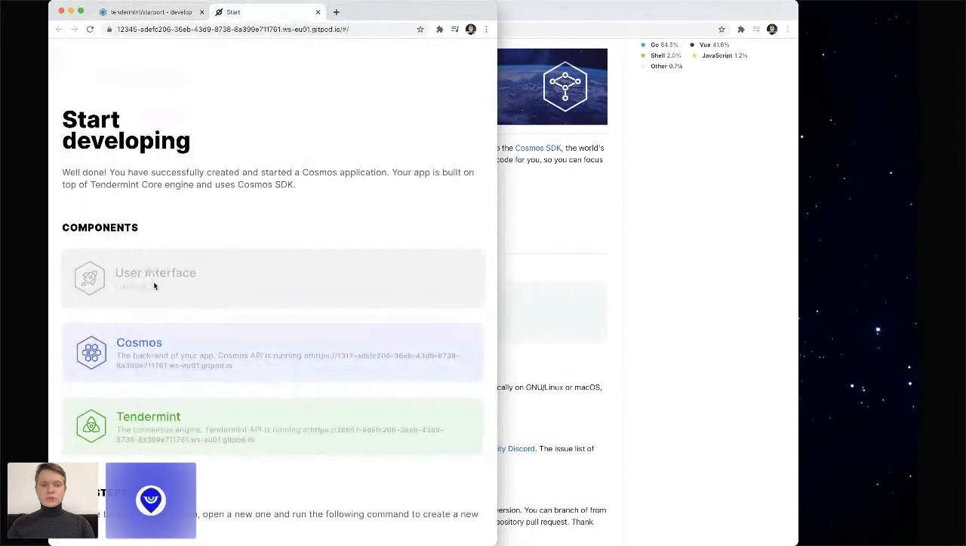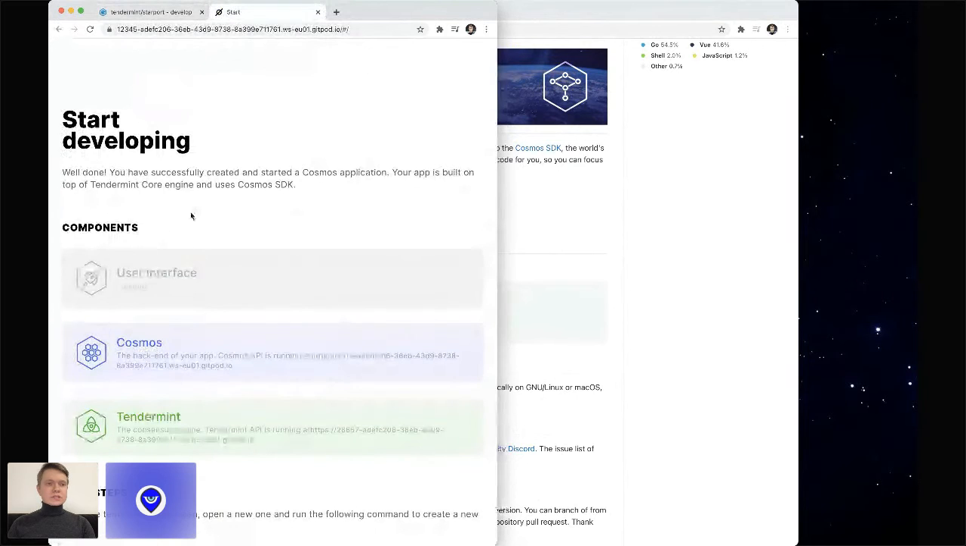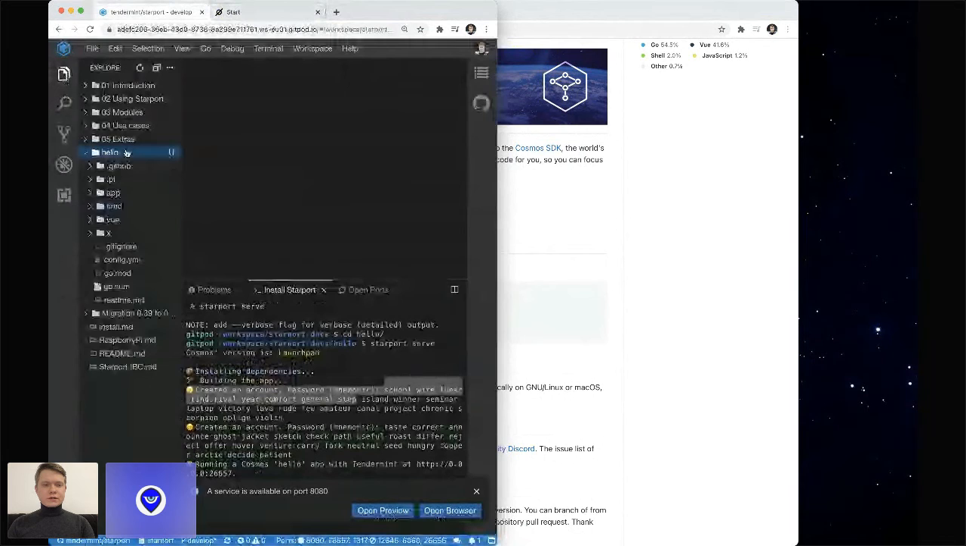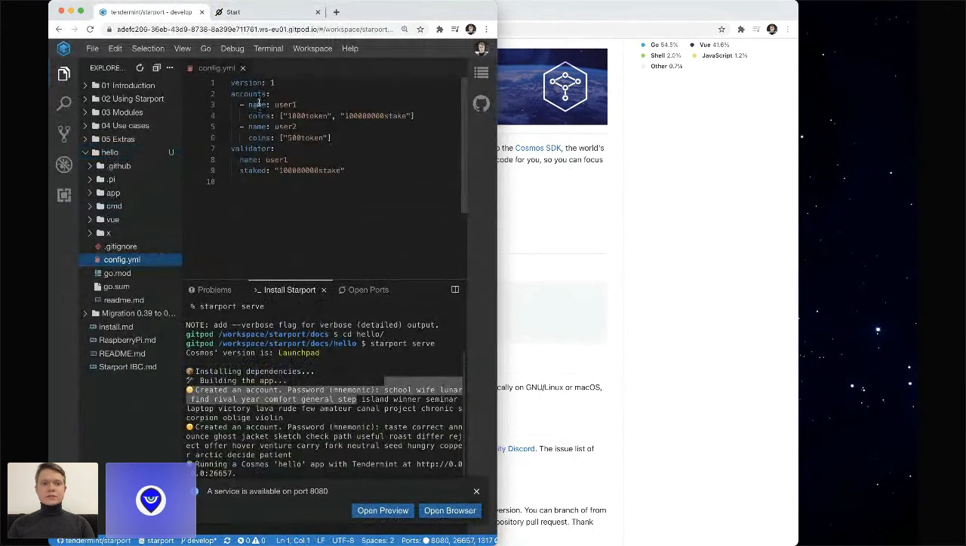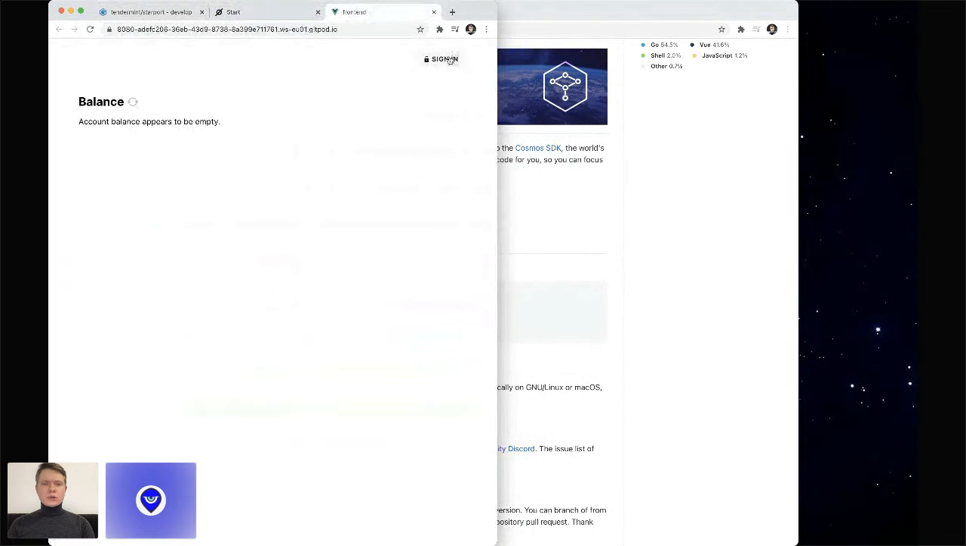And while we're waiting for the user interface to build, we can copy one of the mnemonics, and as soon as it's loaded. And by the way, you can, of course, see the source code of it, and there's a handy config file which lists all the users that you have. You can change tokens, and it will reload instantly. So now that our user interface has loaded, we can go into it, paste the mnemonic, and we see our